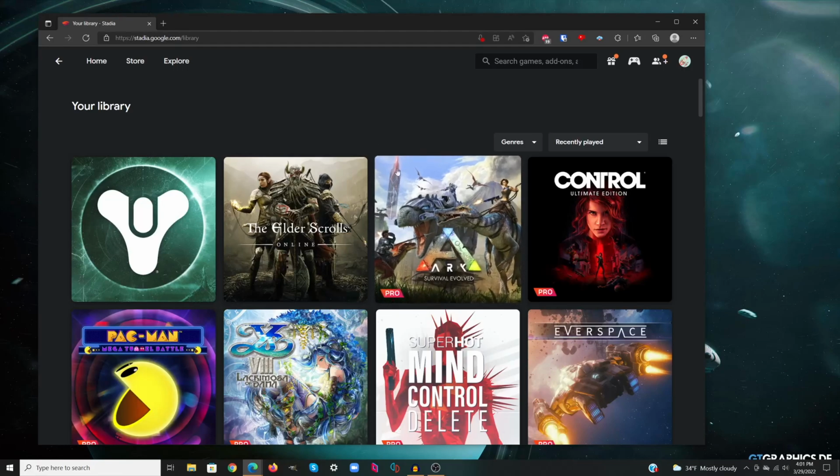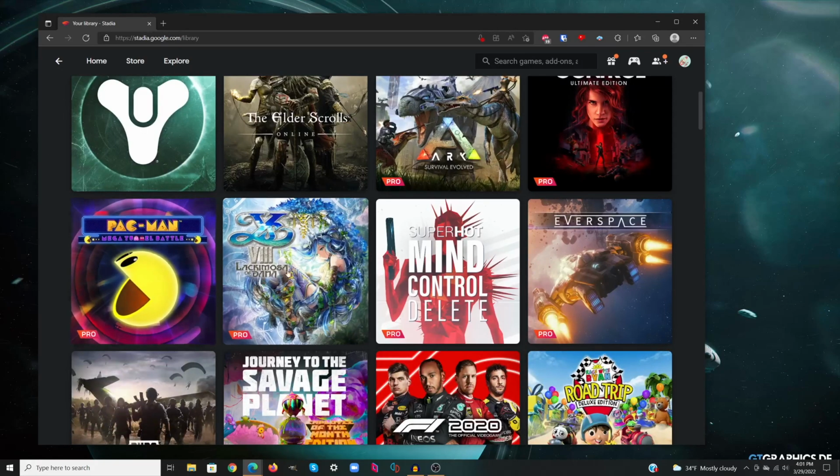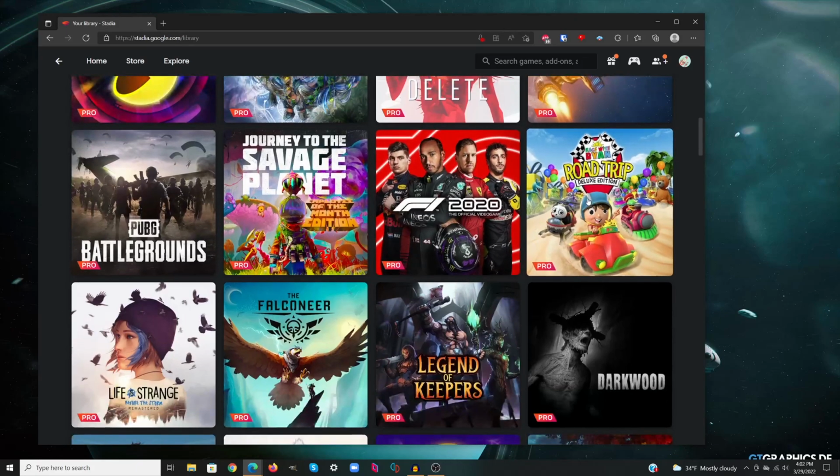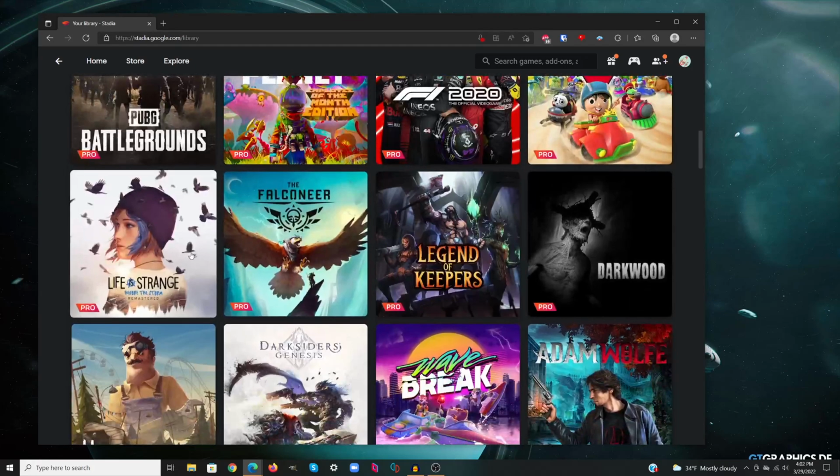A couple of the games included are Arcs, Wolf Evolved, Control Ultimate Edition, Pac-Man, Ease 8, Super Hot, Everspace. PUBG is with Pro, but it's also free, so that's one of the other free ones that you can use without paying for Stadia Pro. Journey to the Savage Planet, F1, Ryan's Toy Review, Road Trip Deluxe Edition, Life is Strange: Before the Storm Remaster, Falconeer, Keeper, Darkwood, Hello Neighbor, Darksiders Genesis, Wave Break, Atom Wolf, Bloodstained: Ritual of the Night, Darksiders 3,